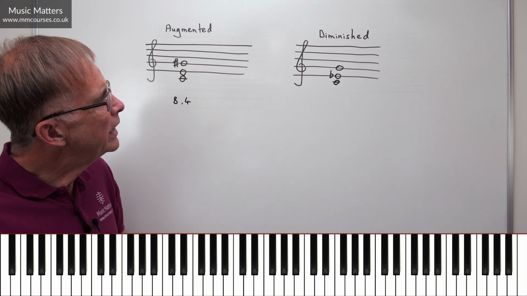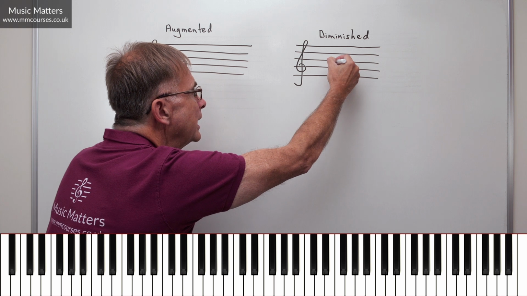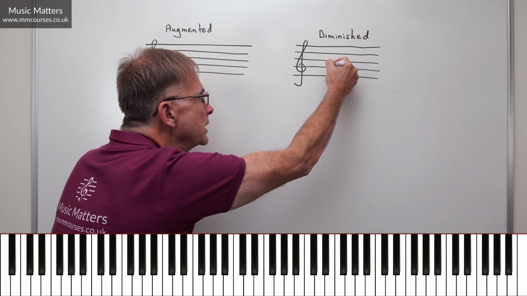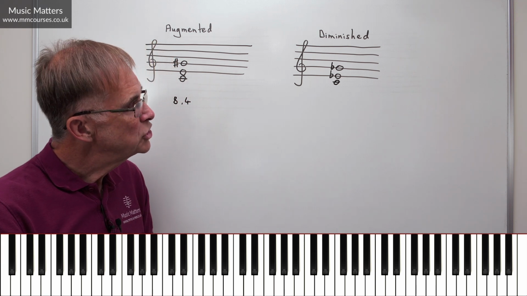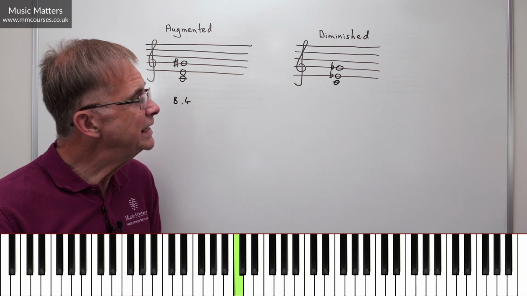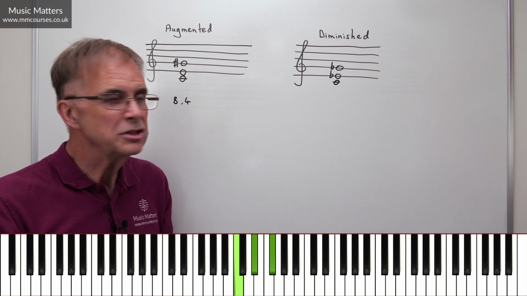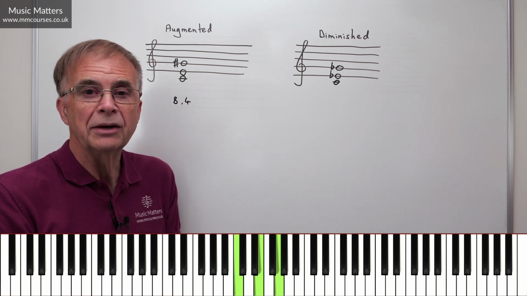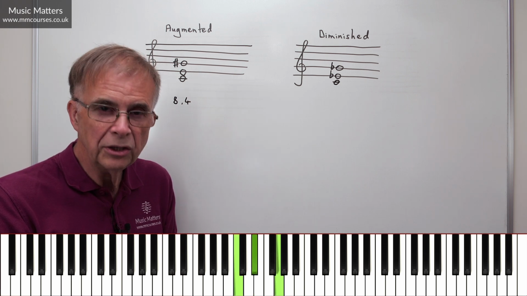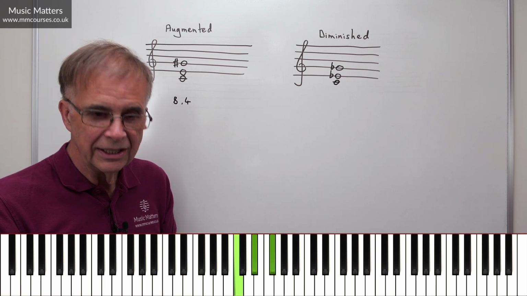Once you've got a minor triad, the next thing to do is to allow the top note to be a semitone or a half step lower. So we also have G flat. So now I've got C, E flat, G flat. I have a diminished triad. So you see how we did that? We started with a major triad, then we said lower the third by a semitone and lower the fifth by a semitone. And now I get diminished.